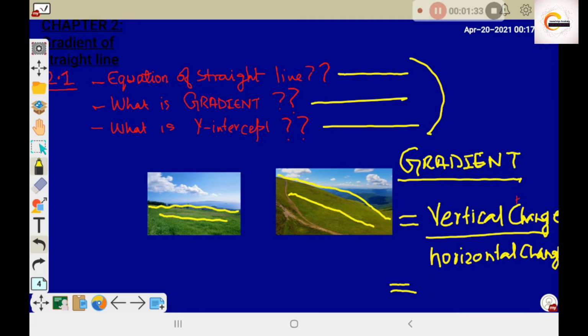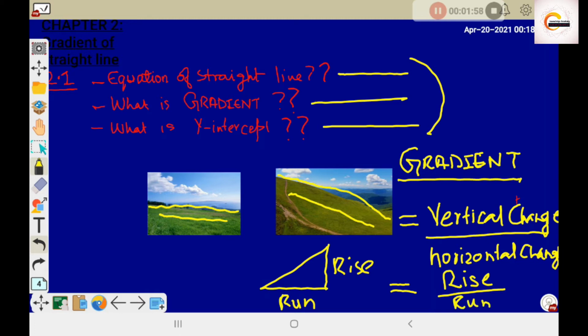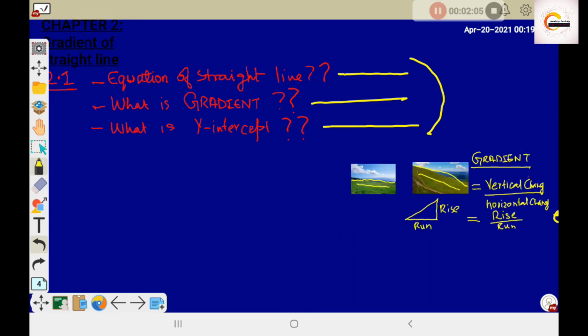Vertical change is basically, I am going to write it down like this, the rise upon run. So we can say that gradient is the ratio between rise upon run. Now how high the slope is and what is the vertical change of the slope. This gradient is also denoted as